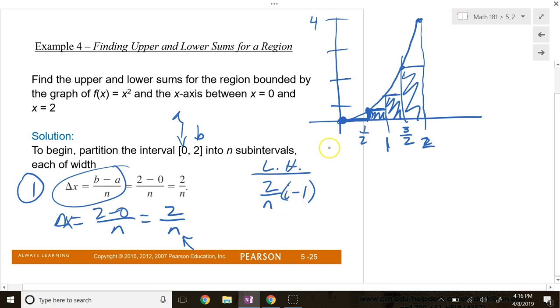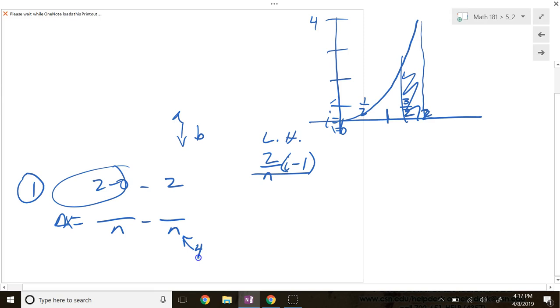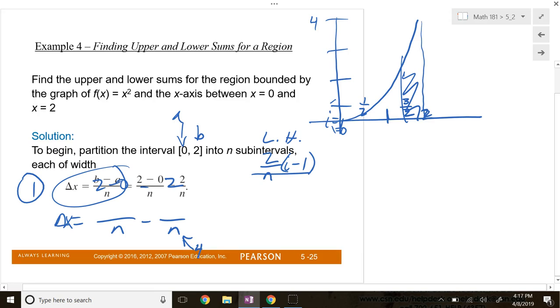So for example, for i being 1, I want to end up at an x value of 0 to use my left hand. So if i is 1, I got 2 over n. In this case, if we're doing it in terms of 4 subintervals, 2 over 4. And then for i being 1, 2 over n. Now if i is 1,